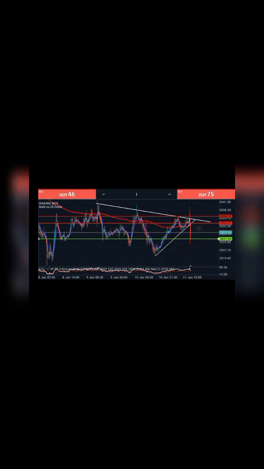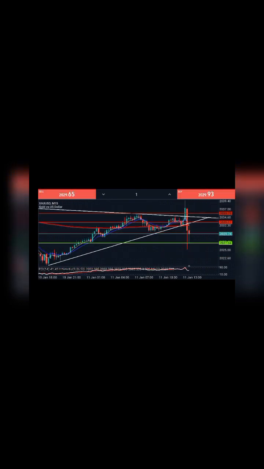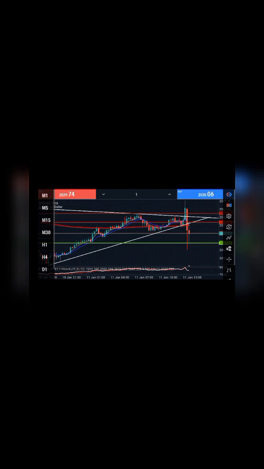Okay, let me zoom in. Remember what I said about support turning into resistance and resistance turning into support, how I drew my trend line. You will notice that